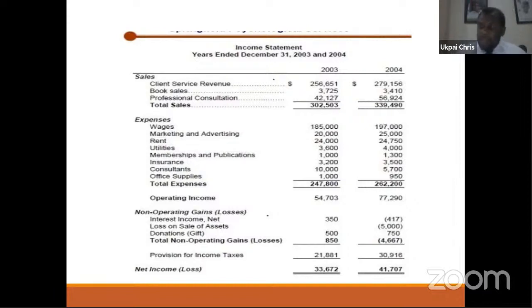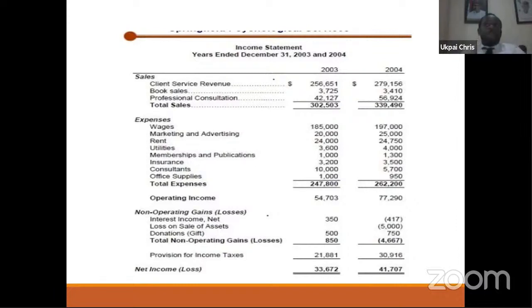Expenses you can take, for example, wages and salaries, are a common expense in every business. Wages and salary are paid to your staff. But there are some mistakes some of us will make. You are the owner of a business, and you are not paying yourself. Maybe you have 5 employees. You are paying them, and you are not paying yourself. You are working in that organization as well.